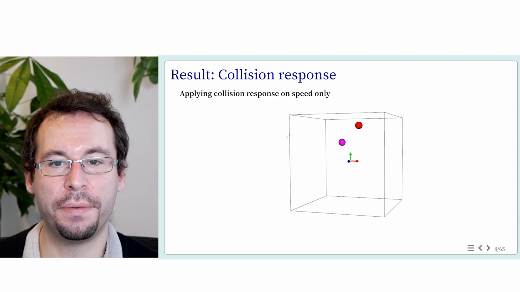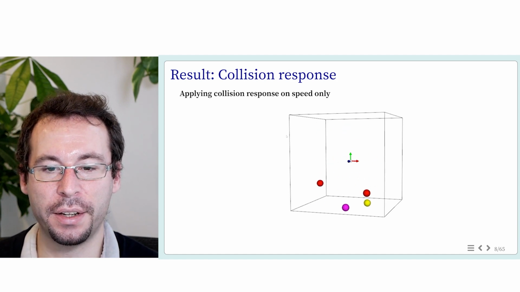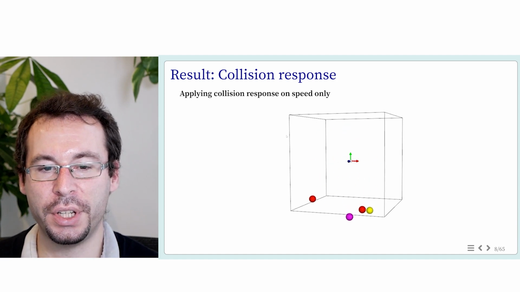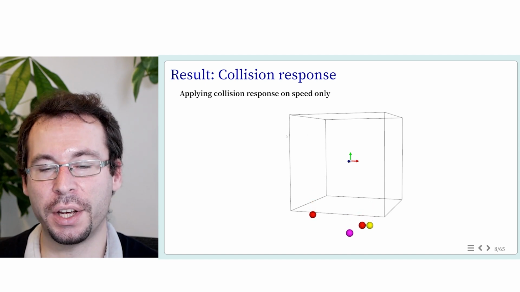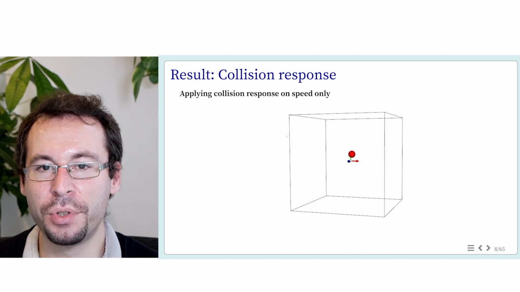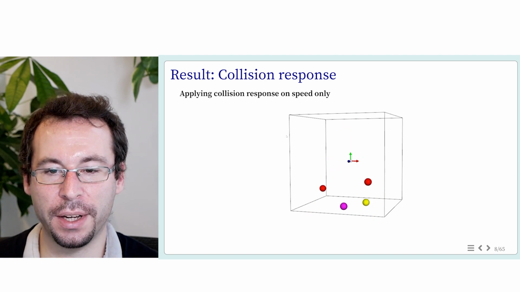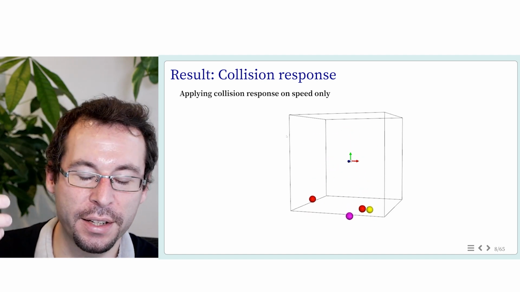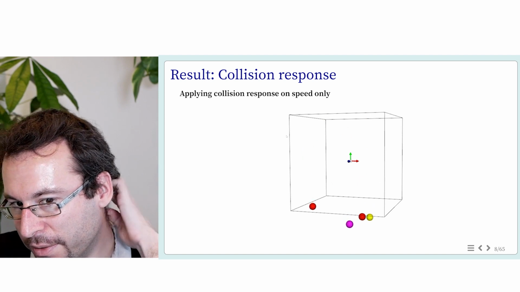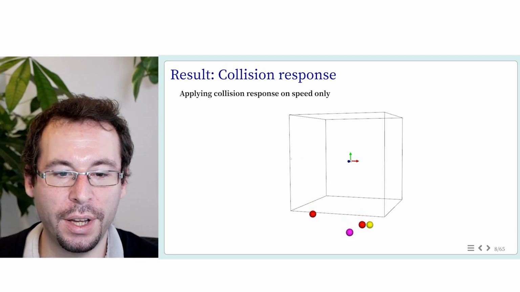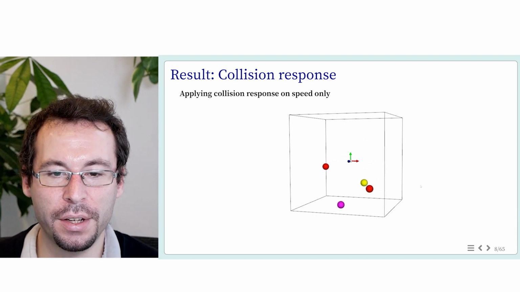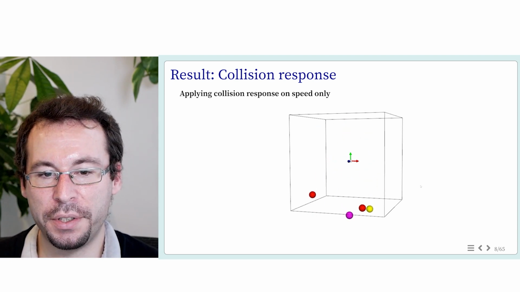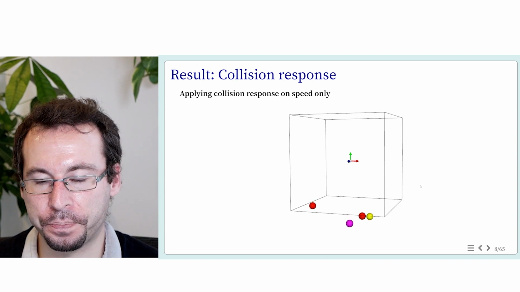And this is the result if I apply this algorithm. I detect the collision, and when I detect the collision, I change the speed. I take the opposite direction of the speed. And obviously I've got an issue. My spheres bounce well at the beginning, and at some point they go down, like drowning under my plane. So where does this problem come from?